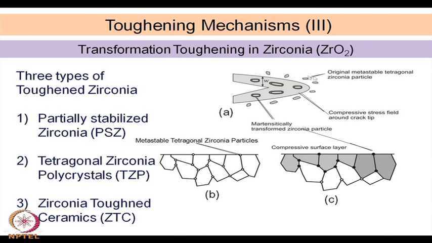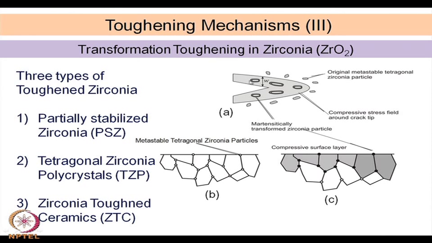Okay. So, the metastable tetragonal zirconia particles are dispersed in a matrix of stabilized zirconia or cubic zirconia. When a crack is trying to propagate, it generates a stress field, as you have seen earlier, ahead of it. Okay. So, this is the stress field, and within that stress field martensitically transformed zirconia particles have been formed. That means, which was a metastable tetragonal phase, now it is transformed to a monoclinic phase, okay, because of this